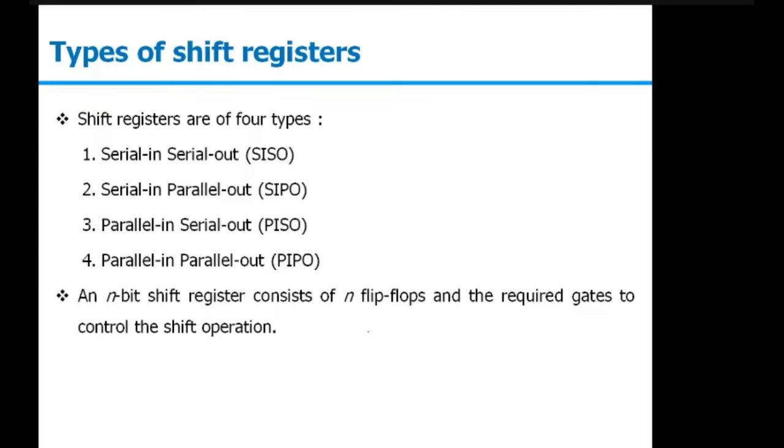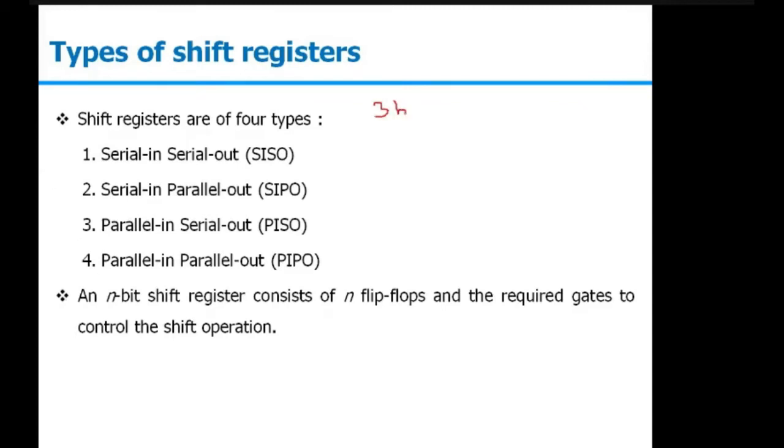The second one was serial to parallel conversion. The first one, serial in, serial out, is only used for the delay operation, where you want to insert some delay. So you will be providing the data serially in and then taking it serially out. So that overall operation will create some delay in your circuit. The fourth one is parallel in, parallel out, where you are inserting the data at once and reading it at once again. So in the first case, if we are talking about 3-bit data, in all the 4 operations we are talking about 3-bit data.